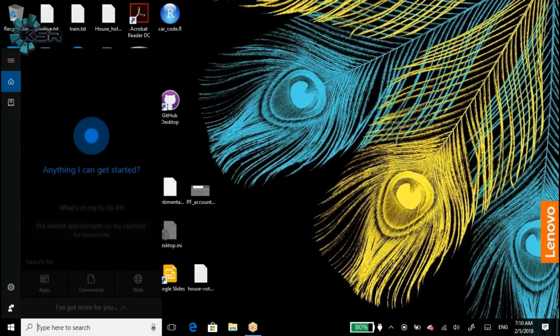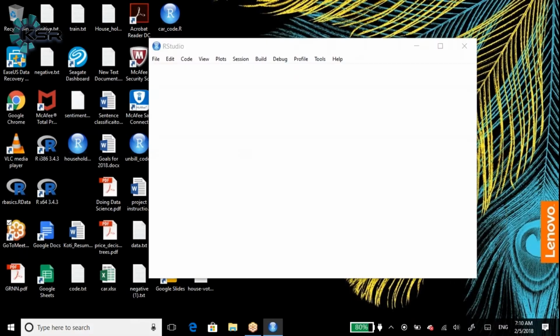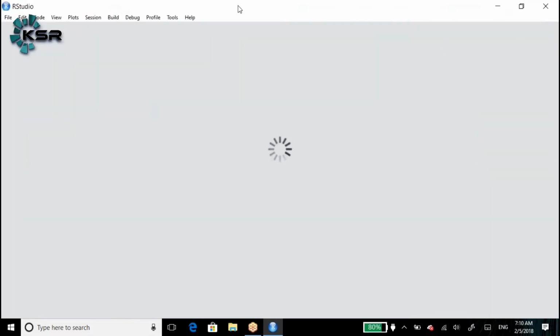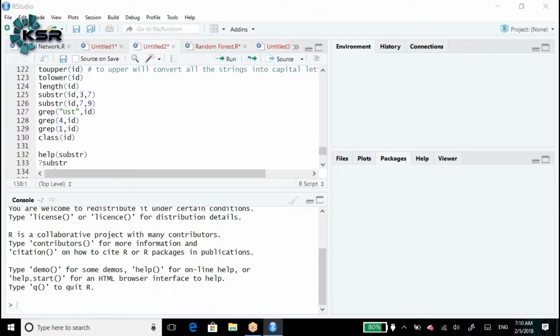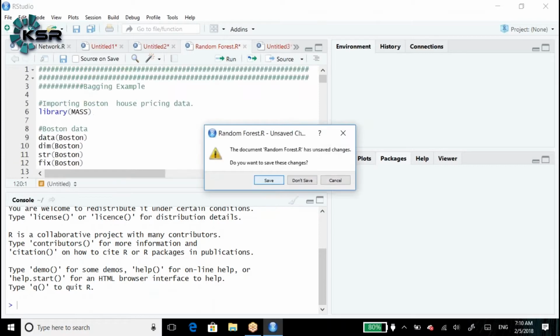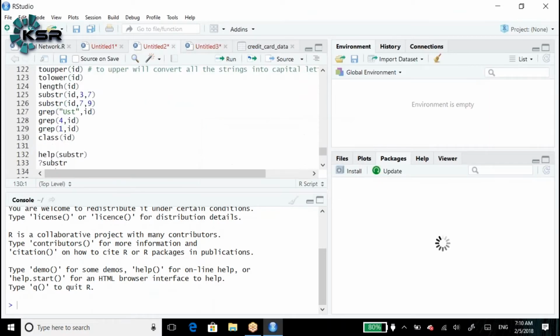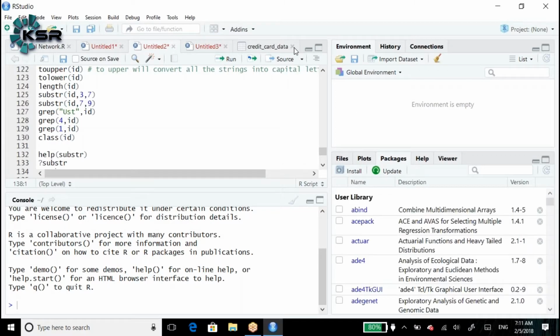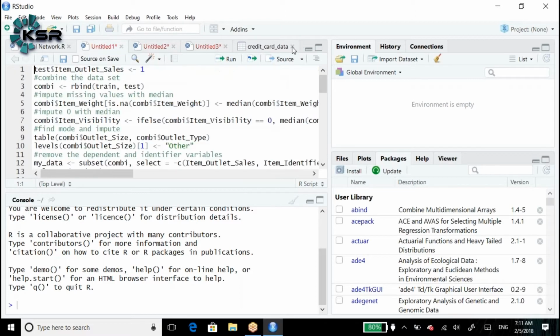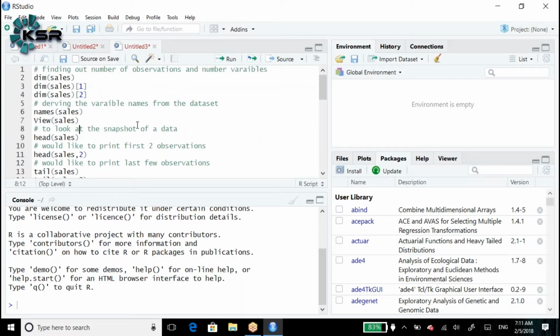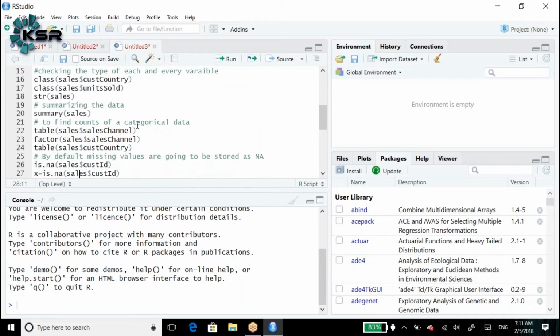Let me open the R Studio. Here in the R Studio, basically, this is from the last session, and above that we are just adding on.